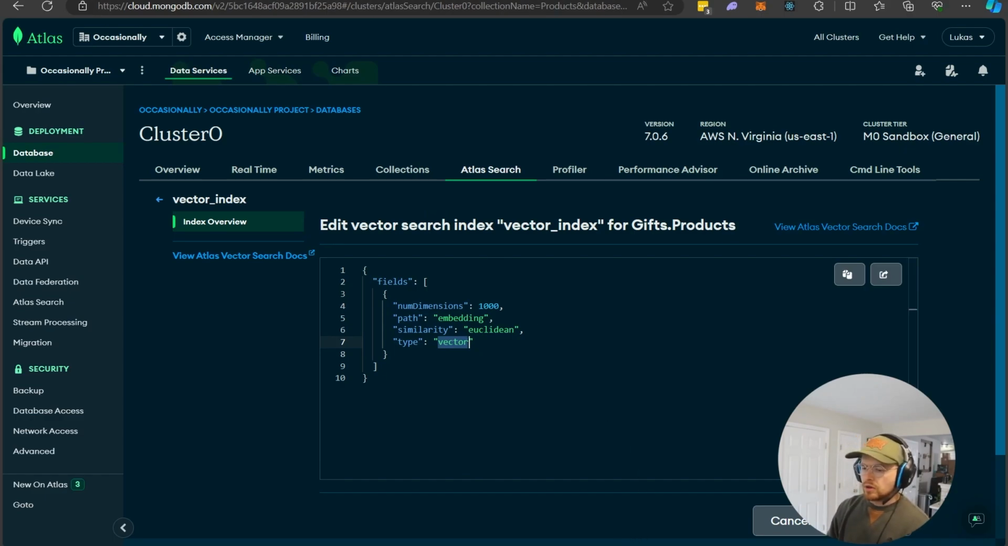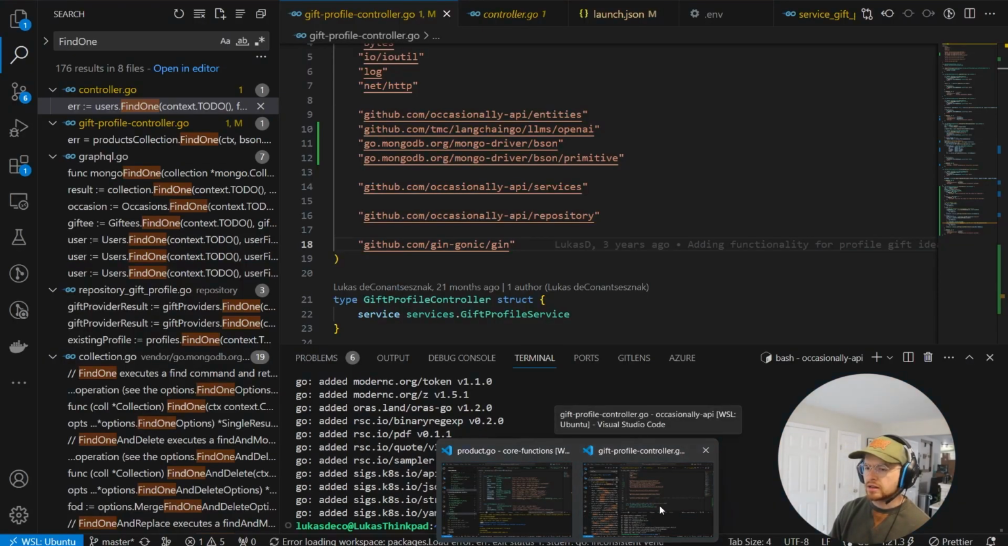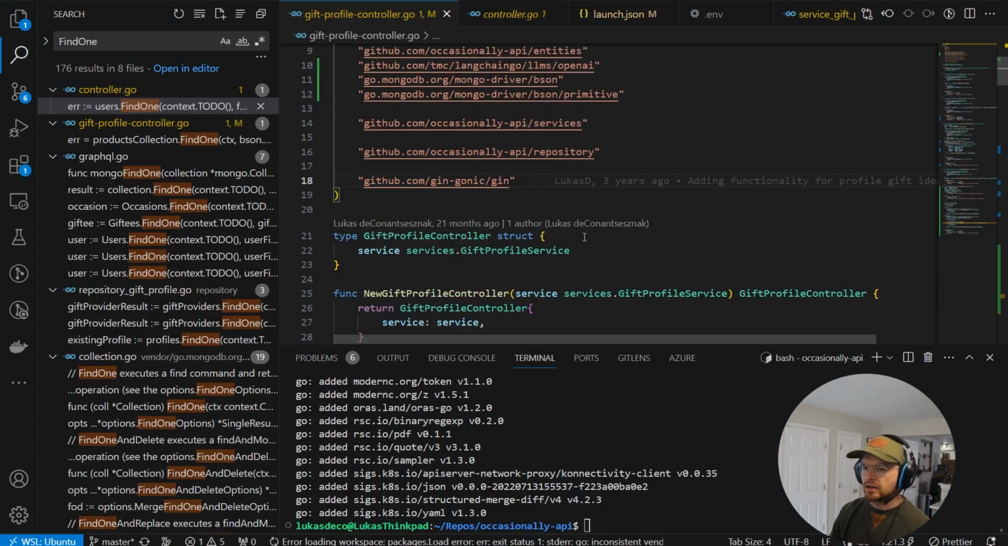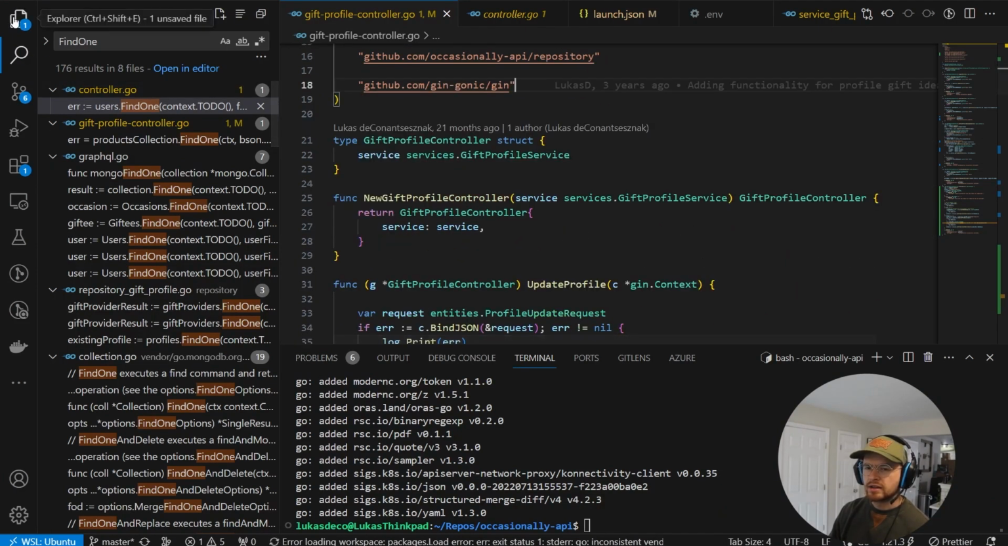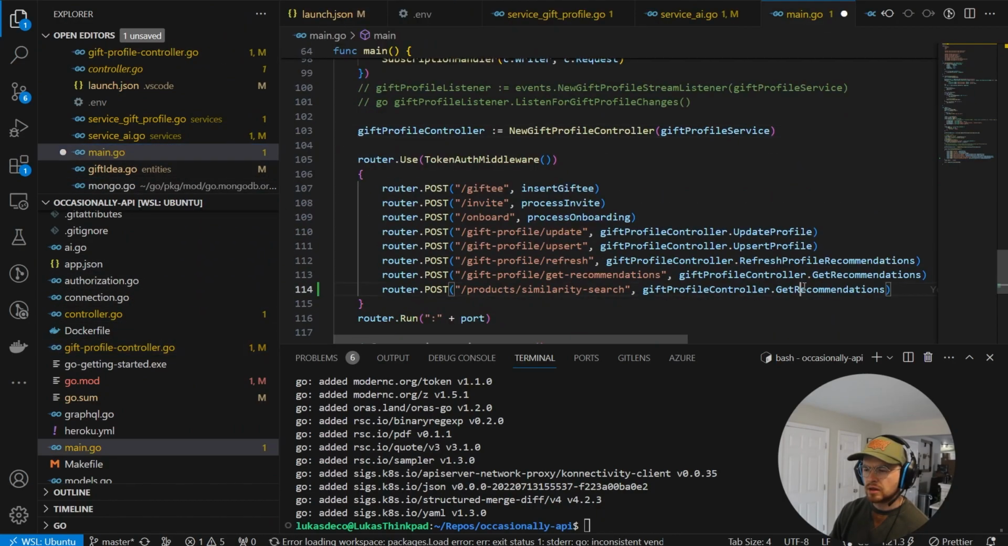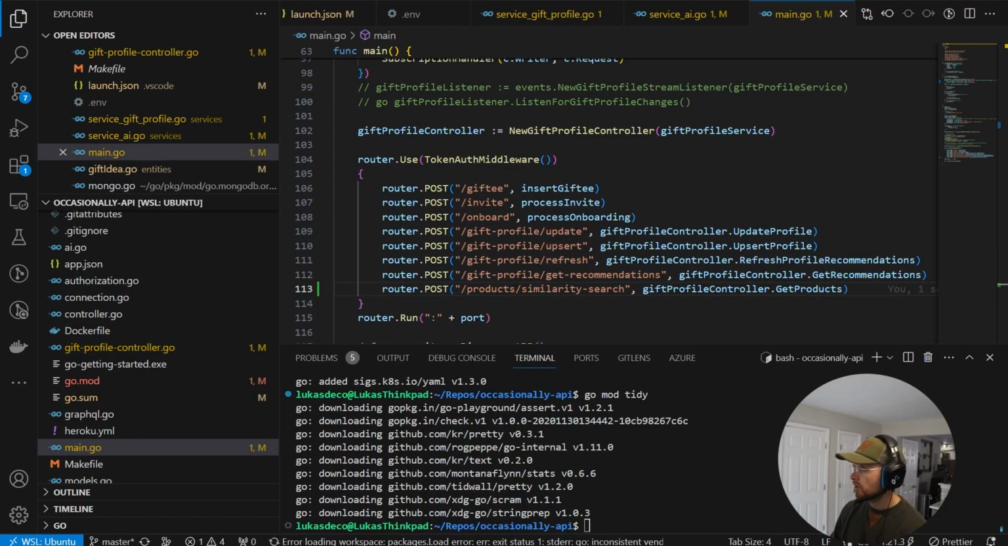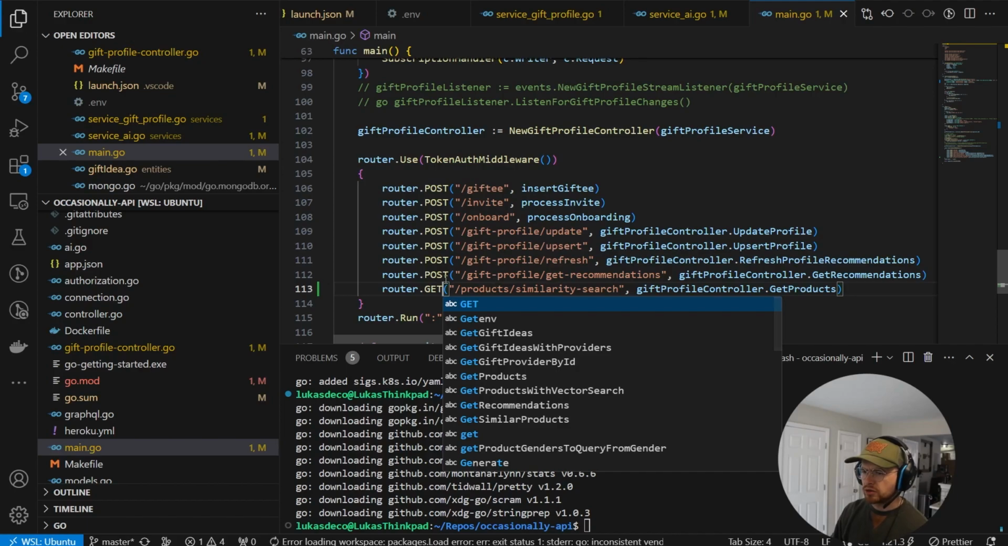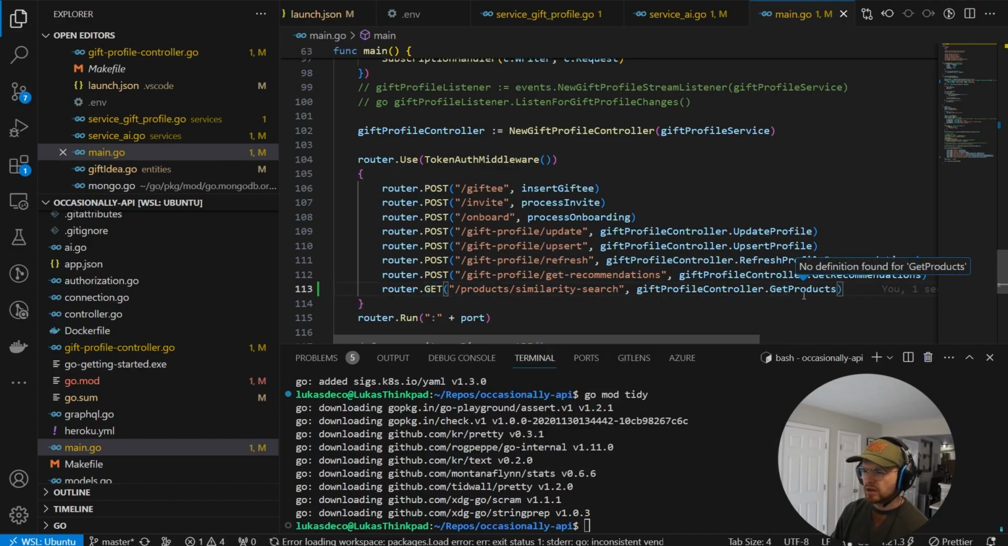Okay, so now on to the next thing: we've got an API here that, let's see if I can pull it up. Okay, so I've had this code base with this Golang API for a little bit that we can use basically to test out our vector search index. So we have this product/similarity search endpoint that should be a get, so change that. And now if we go,